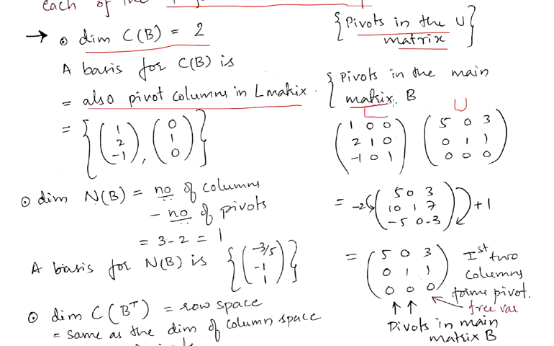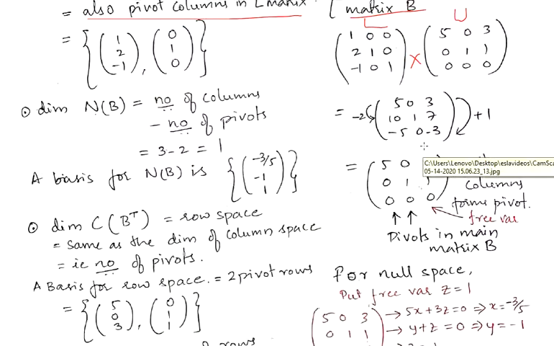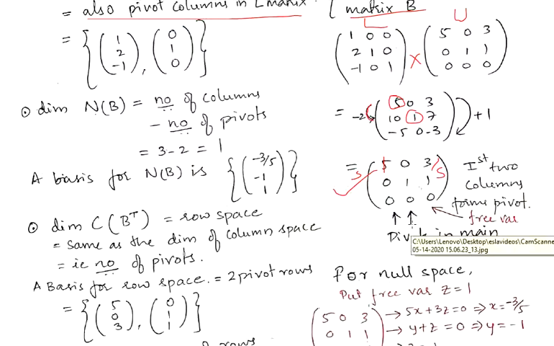We will try to find the main matrix B. We will multiply this 3 by 3, which results in a 3 by 3 matrix, that is this. And when you get this, we perform the row operation, minus 2, keeping this as a pivot first and next this as a pivot. We are performing this and getting this value: 5 0 3, 0 1 1, 0 0 0. Here I told you we need to take 5 out so that this will become 1. So these are the two pivot elements. What is it referring to? It is referring to the first two columns forming the pivots.